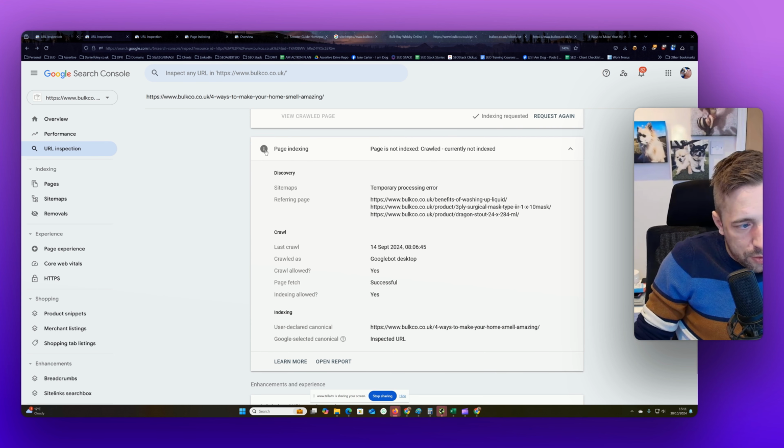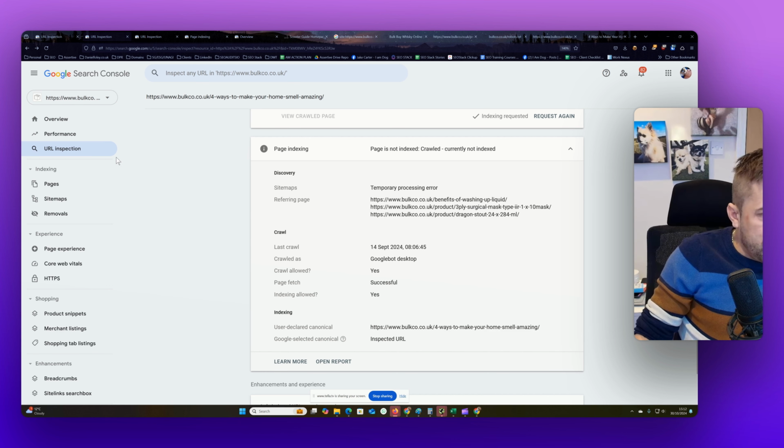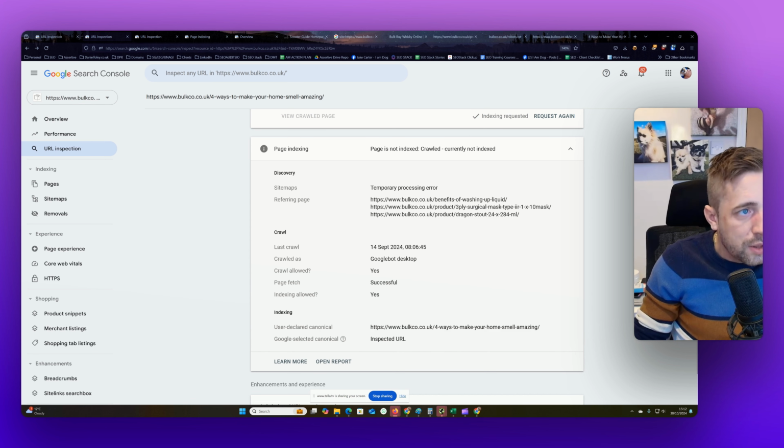And that's where we see this page indexing. And it says page is not indexed. It's crawled, currently not indexed. Now, in the next set of videos where I cover indexing, I'll cover this in more detail. But to give you an explanation, this is simply,